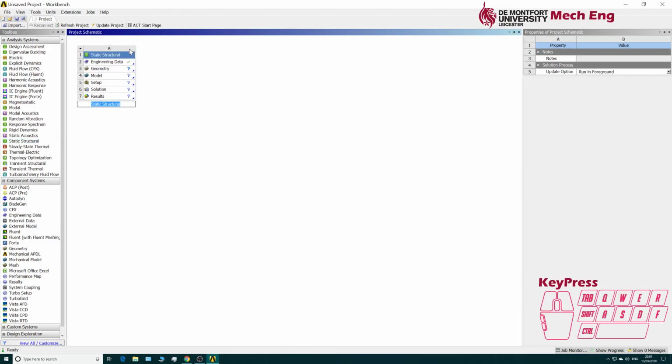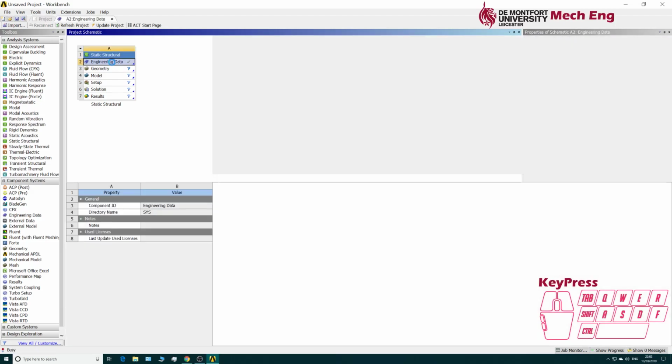And now what you'll see is that we've got this static structural analysis, and our aim is to basically get a tick in all of these boxes. So you can give this a name if you want, and I'm just happy to leave it as it is. So the first thing you'll see is that it says engineering data. So this is basically where we need to specify the materials that are going to be used in our part or assembly. So what we need to do is, if we double click on this, so double left